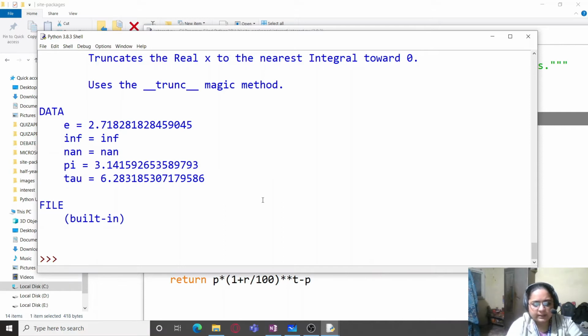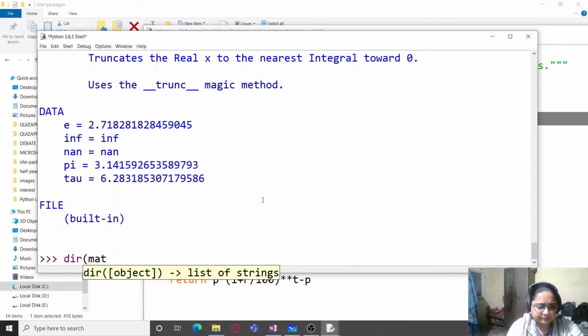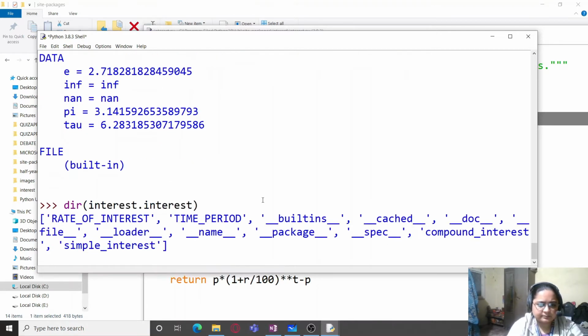Now we have another function, that is dir. So let's check out dir. I'm going to first use dir on interest, and you can see that it displays all the content of the module. That is, you can see the two constants, rate of interest, time period.